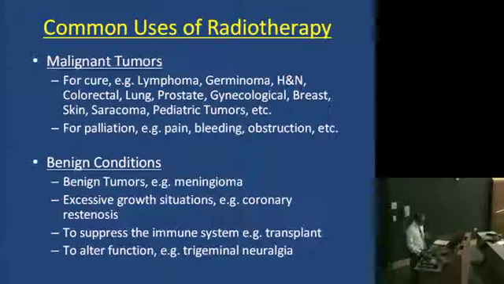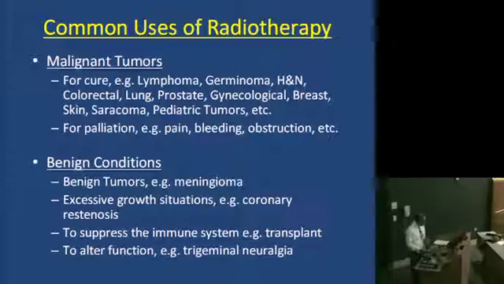I mostly treat head and neck cancers and lymphomas. Our control rate for head and neck cancer stage 3s and 4s about 2 decades ago was in the range of 30%, which is close to 60 to 70% now. And this is because of the effectiveness of radiation as well as chemotherapy in the treatment of these tumors. Radiation can also be used for palliation, for pain, bleeding, and obstruction of the bronchus.